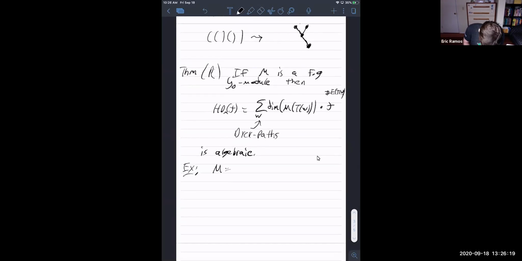So let's say M, again, is the trivial module. This is the module that assigns whatever your vector space to every tree. So what is the Hilbert-Dieck series in this case? This is going to be the sum over Dieck paths of the dimension of the module. Of course, the module is trivial in each degree, so this is just 1. But this, as you can see, is just the generating function for the number of Dieck paths of,